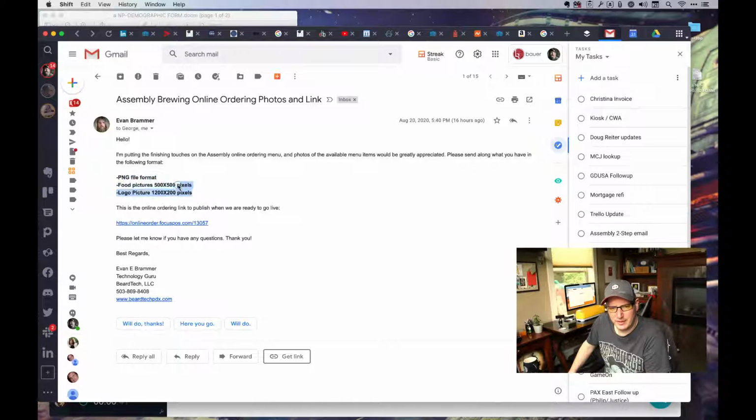PNG file format, 500 by 500 and 1200 by 200 for the logo. Normally I would do this either in Photoshop or via batch, but the images are not uniform. So they are shots of food. Some are salads, which require a bowl and the salad toppings to be sent certain. If the bowl's there, it may not be close enough to the bottom or close enough to the top. We just need to get these images looking as good as possible in a square format when they're 16 by